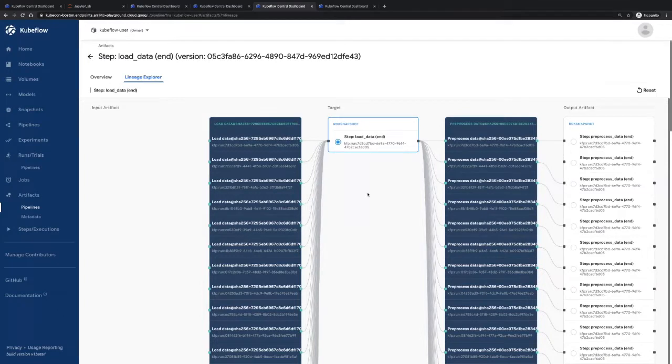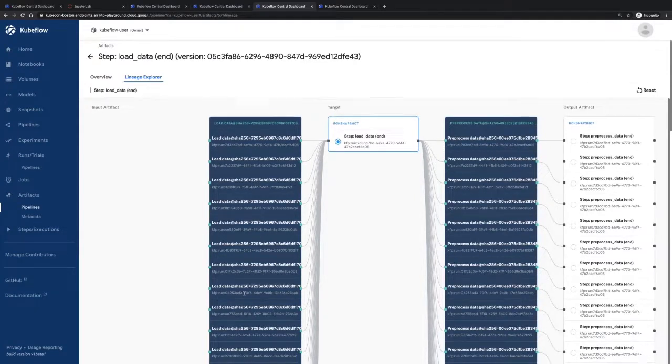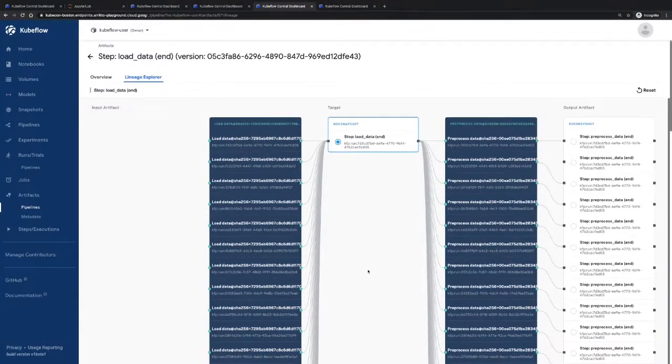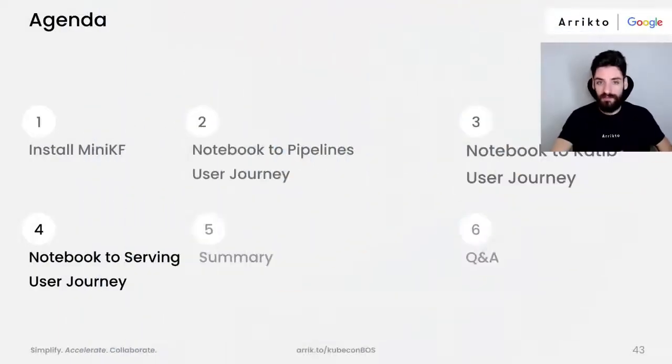And here, this nice visualization allows me to understand that this ROK snapshot artifact was produced by many steps and consumed by many others. This clearly means that all of these pipelines are using the same step, and so they were being cached. Now that we've run a massive hyperparameter tuning job, we want to take the best model and